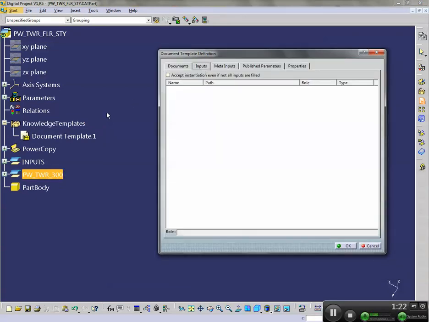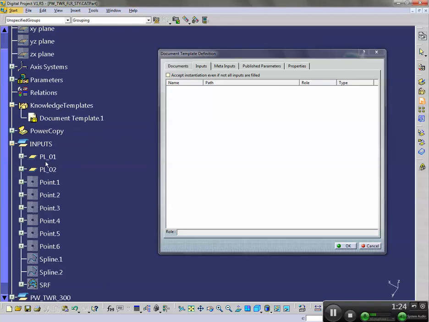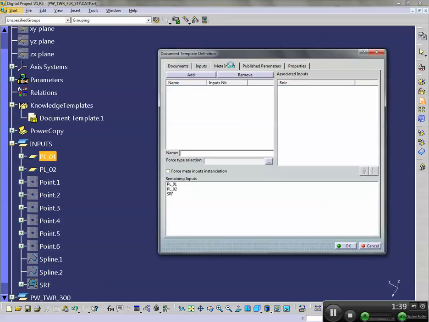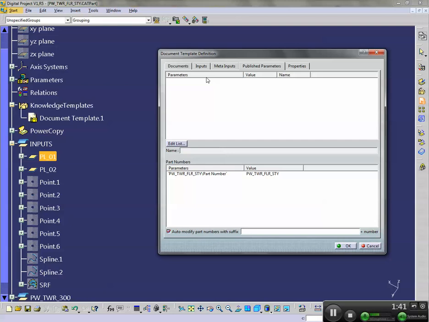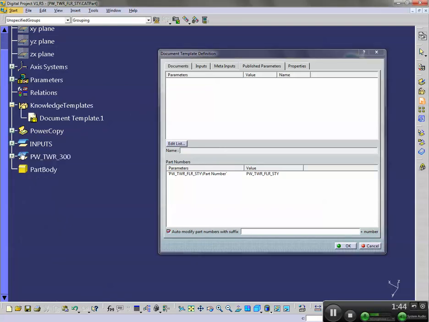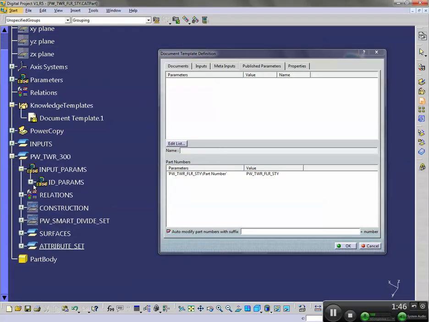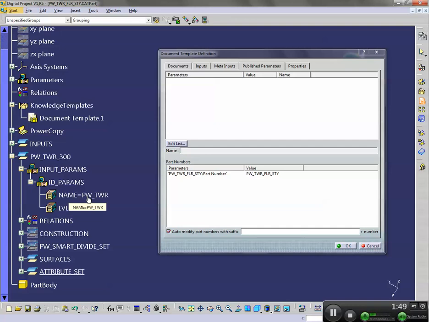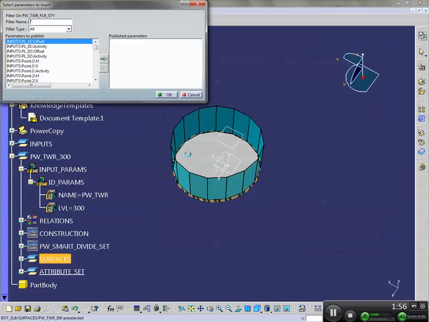And I want to define the inputs. Here my inputs are going to be the same as my power copy. Plane 1, plane 2, and surface. The inputs are going to be manual, that's great. Role, I'm glad that the role is the same name. And right now, I also want to publish a few parameters. The parameters that I'm going to publish are the same parameters that we set inside of our knowledge pattern before. So I have to edit my list,